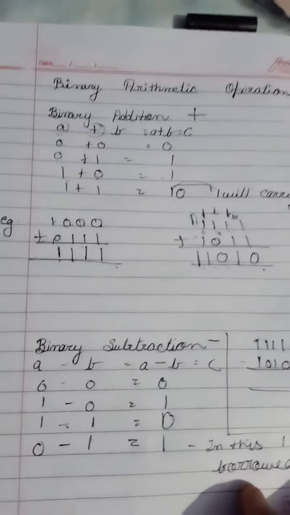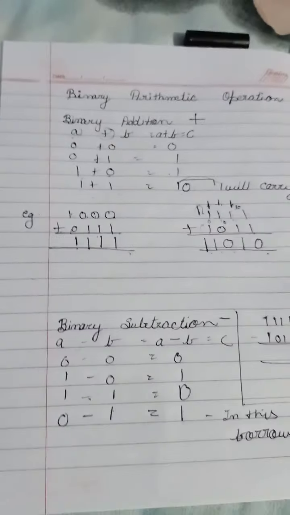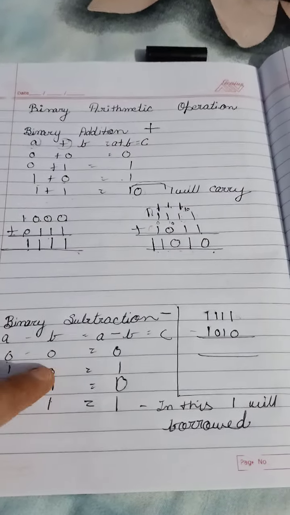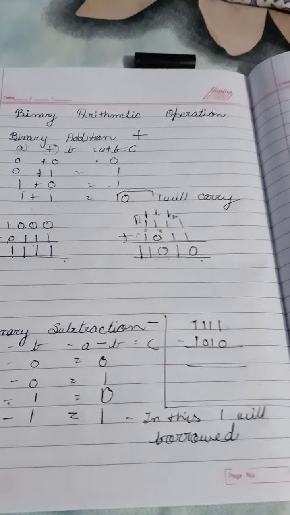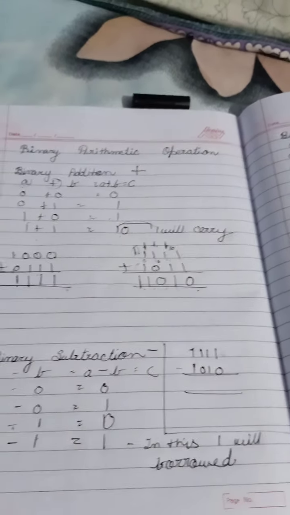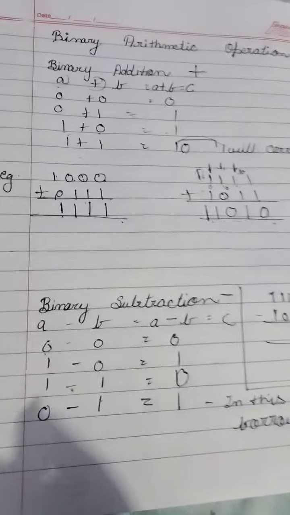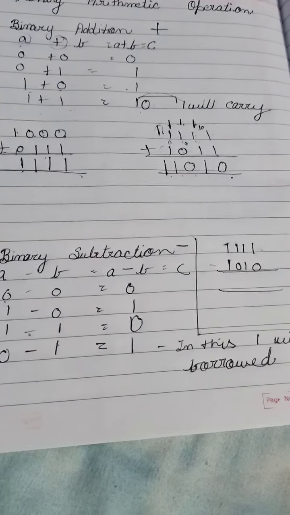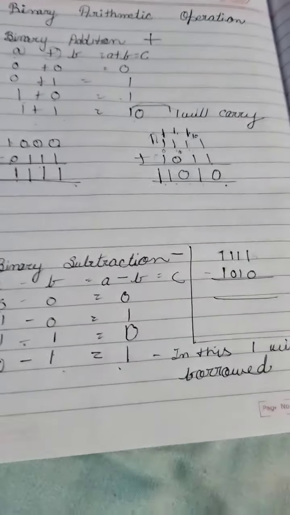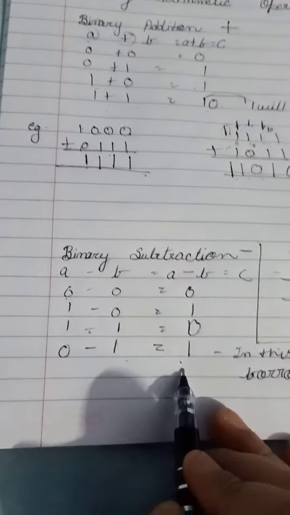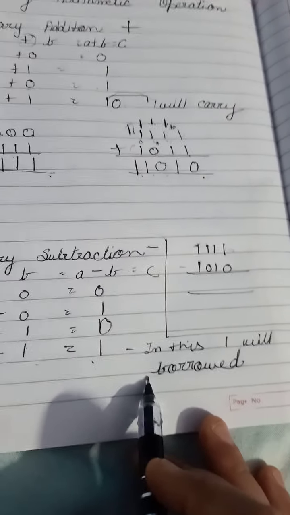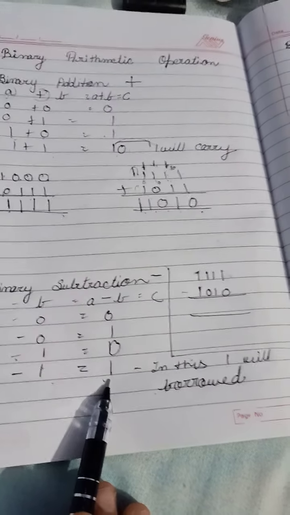Now we will move to the binary subtraction. Digits will be the same, 0 and 1. First we perform 0 with 0, 0 with 1, and so on. Whether it is binary addition, subtraction, or multiplication. Now we are moving to binary subtraction. Here I make a table: 0 minus 0, 0; 1 minus 0, 1; 1 minus 1, 0; and 0 minus 1 means 1. How will it come? In this case, we will borrow 1 from the neighbor digit, that is 1 or 0. Like in addition, 1 plus 1 will make 10, and here 10 minus 1 will give you 1.